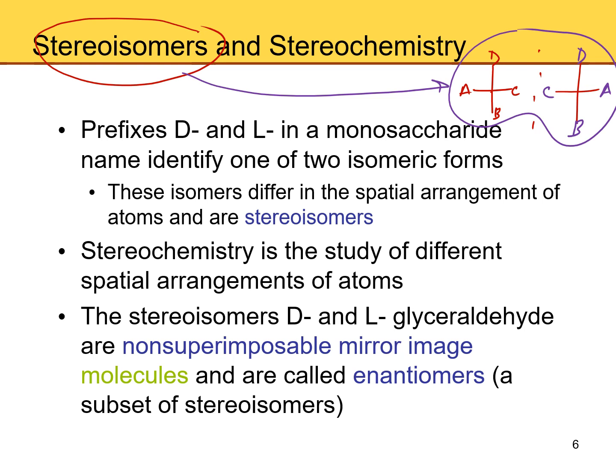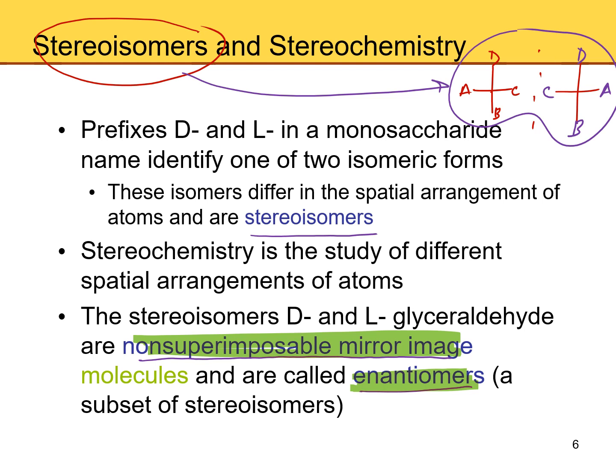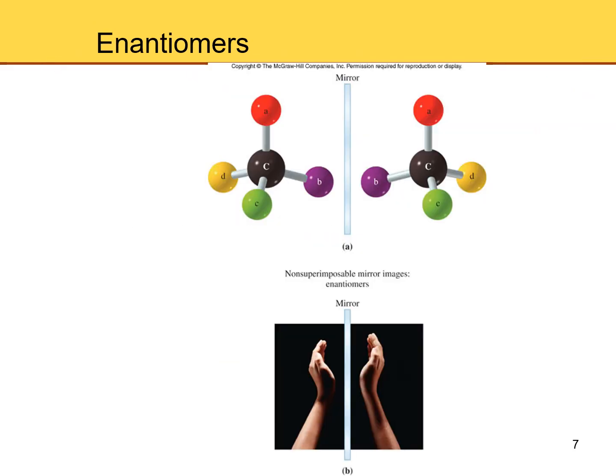Okay, so stereoisomers, we all know them. They're non-superimposable mirror images, and we call them enantiomers. So all of you should know this from before. We've talked quite a bit about these. These are non-superimposable mirror images, and you have to have a carbon that has 4 different groups attached to it, and we call them either D or L, and so on and so forth. Okay, so it turns out this is the same thing. We call them enantiomers or